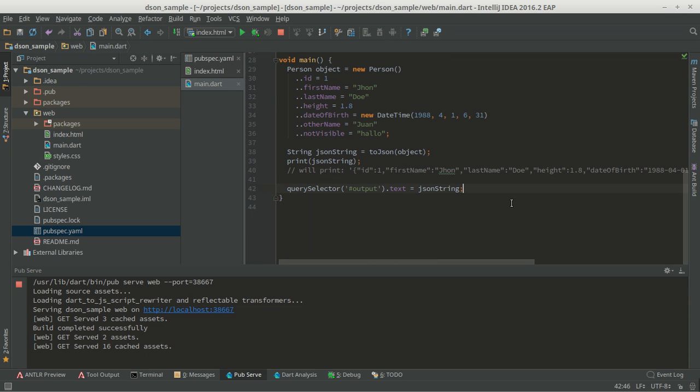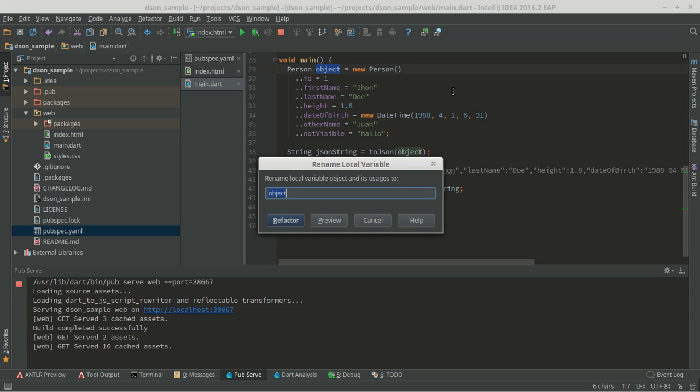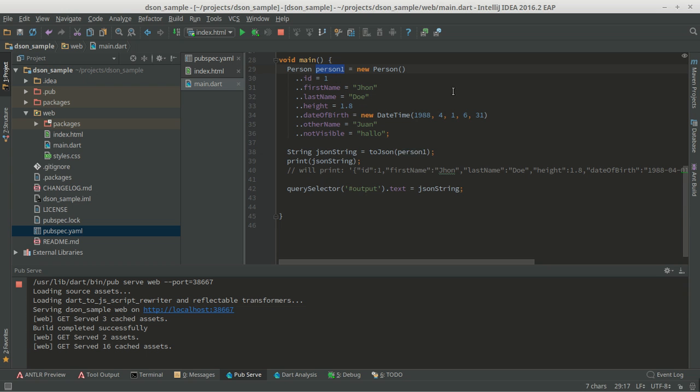So let's do something else. Let's convert the JSON string into an object again. So this one is gonna be the object, and let's call this one person1, and let's clone that person. So I'm gonna say person1 clone, just person clone equals to JSON string. Instead of using toJSON, I'm gonna use fromJSON string,